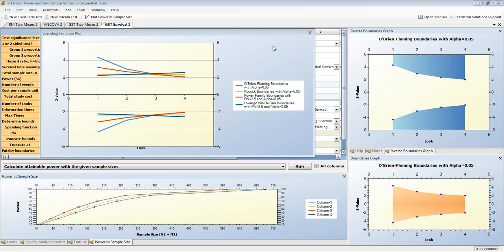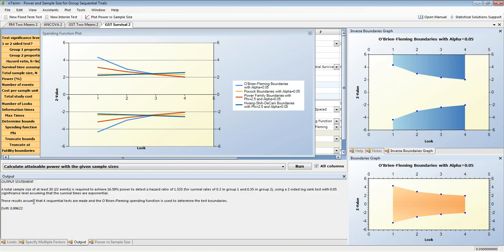Just one question, a person came in there, Richard: where in nTerim can you also get a text statement? Sorry, I'll make it very clear. When I was showing this earlier, in the output statements here, these are essentially text statements which can be copied and pasted, or just selected and copied to the clipboard. So you can store these statements up as you're going through your designs. These are text statements here at the end, which you can copy and paste.